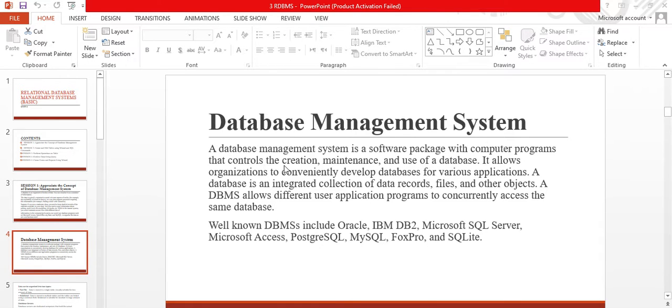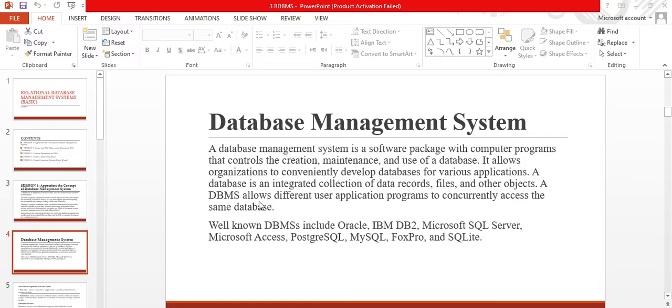A database management system is a software package with computer programs that controls the creation, maintenance, and the use of database. It allows organization to conveniently develop database for various applications. A database is an integrated collection of data records, files, and other objects.